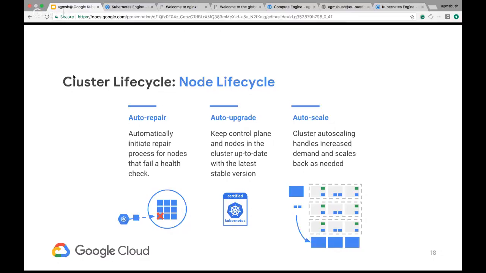So node auto repair is something that, typically, would be a scenario where someone's getting paged. Maybe I have some alert based on some of these health checks, and now I'm having to take action. In GKE's case, this will be done automatically for you when you opt into it. So you can retain that control if you don't want to take advantage of this, but knowing it's there is something that I've seen a lot of customers take advantage of.